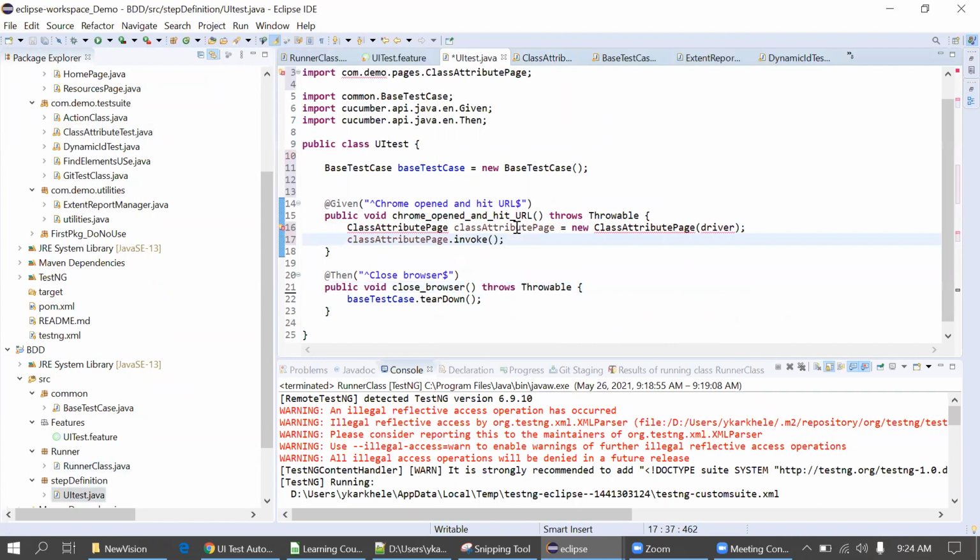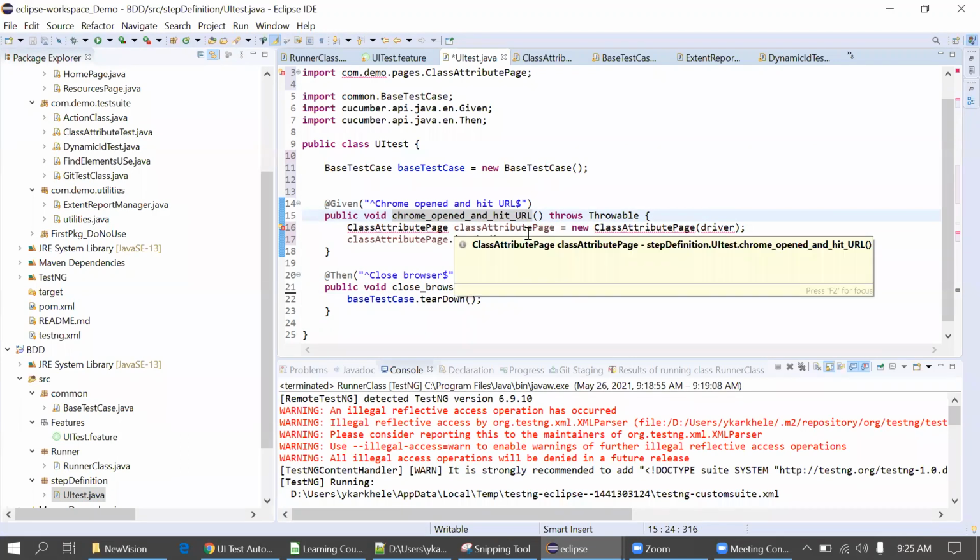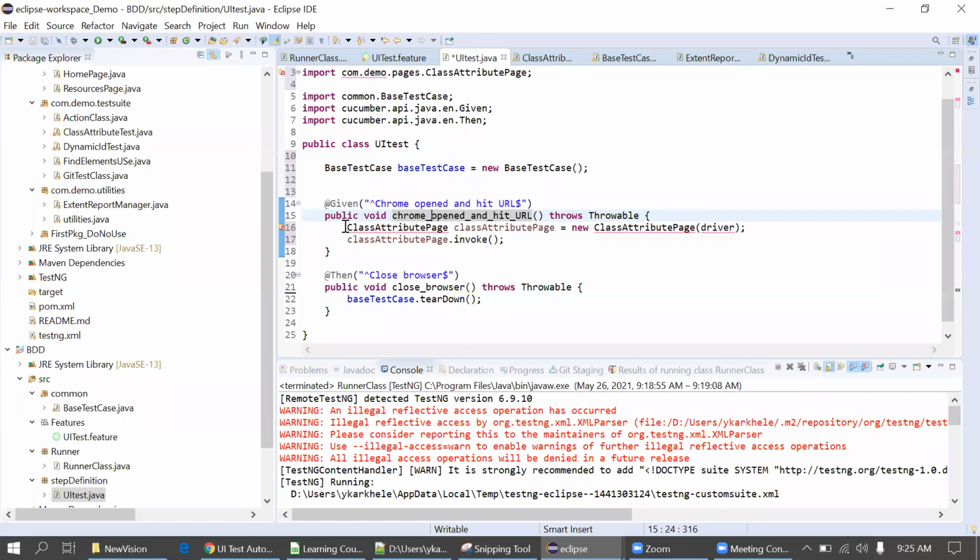I have not created the page in this project, that's why it shows an error, but I will write code like this. Suppose the method name is to open the class attribute page, at that time I'll call this method.